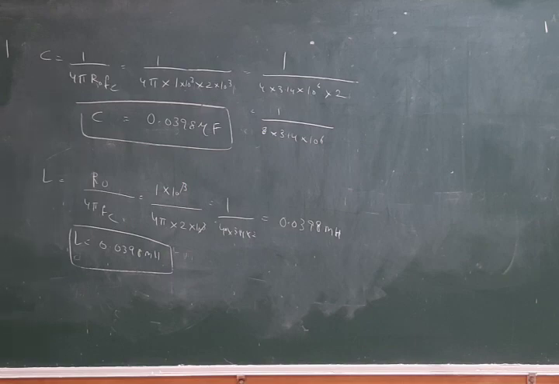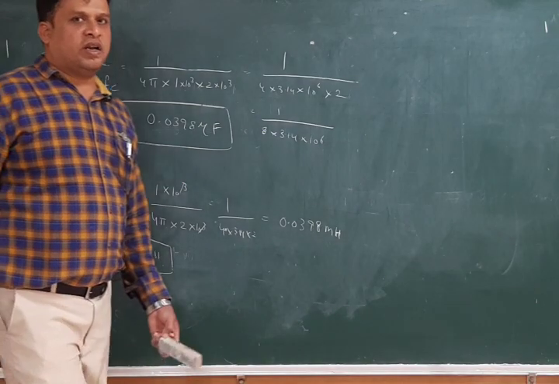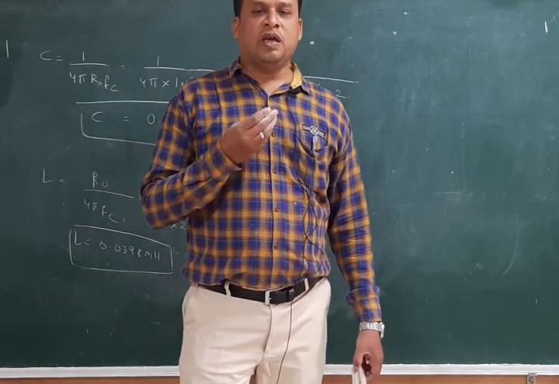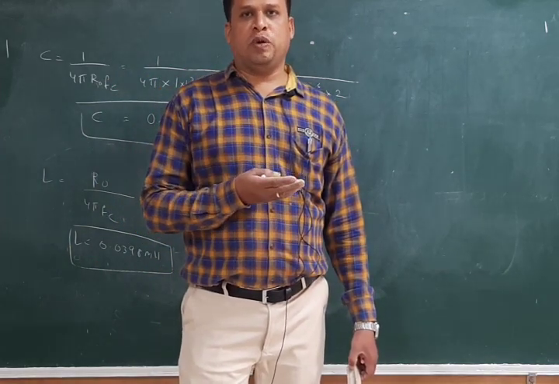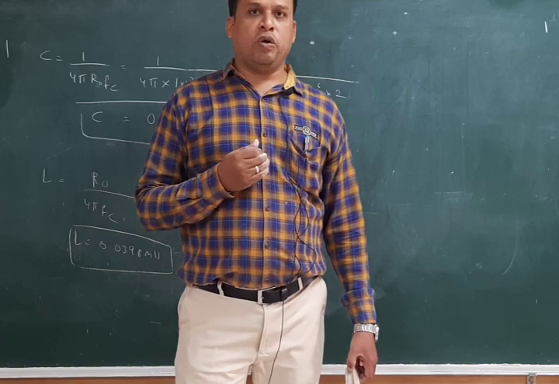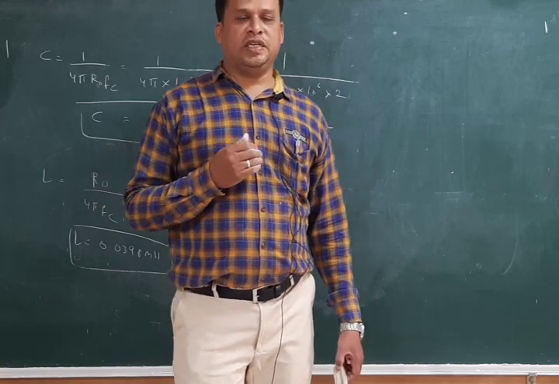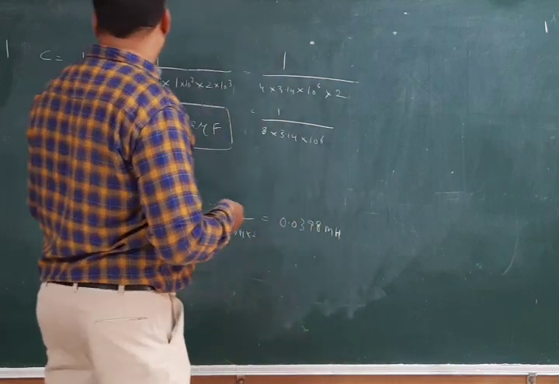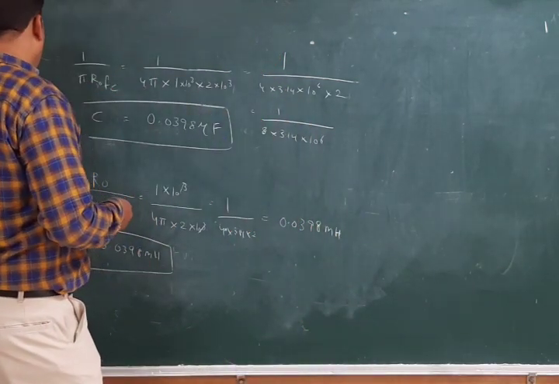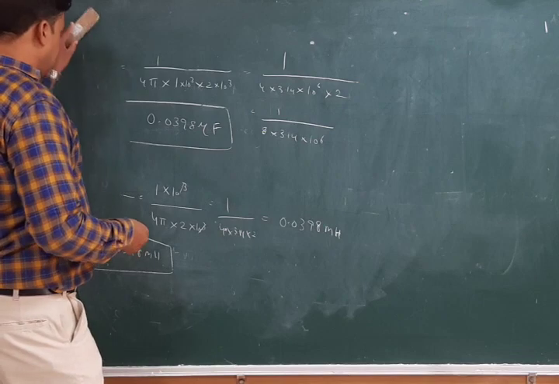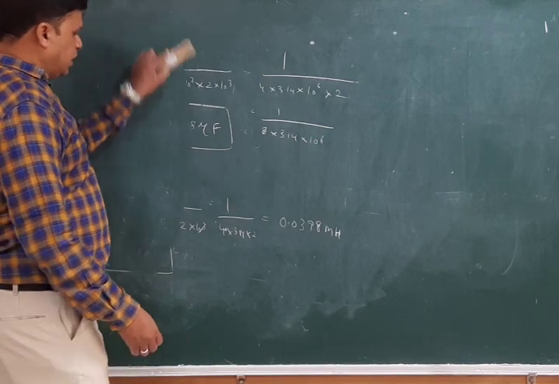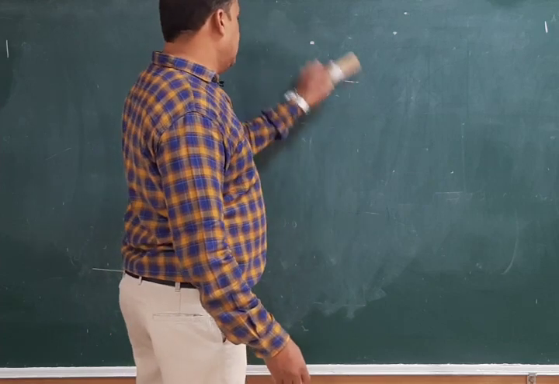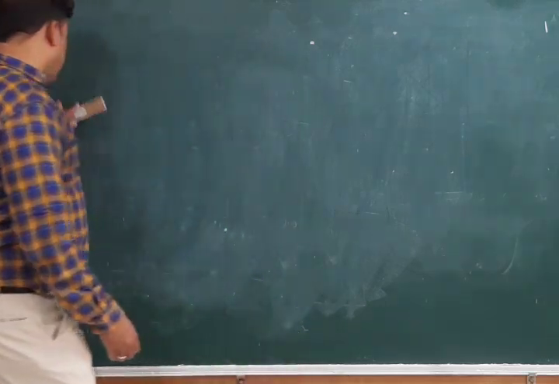As we have the M derived high pass filter and low pass filter, the components of the M derived high pass filter and low pass filter will be different from the plain high pass filter. Actually, high pass filter components are L and C, but here the components will be changing, the values will be changing, and we have to write those values of the M derived high pass filter components. So how to write these components and their values?